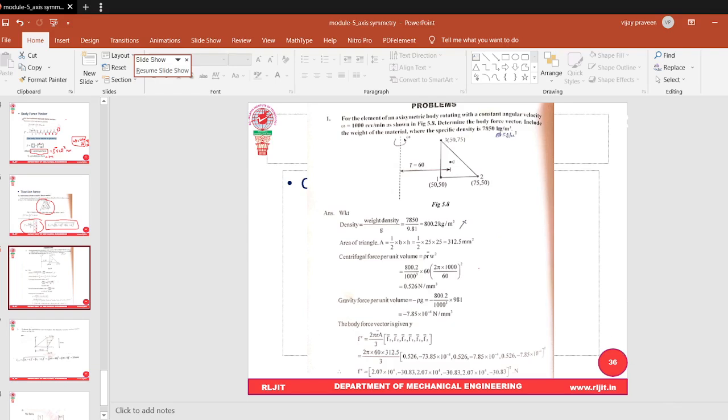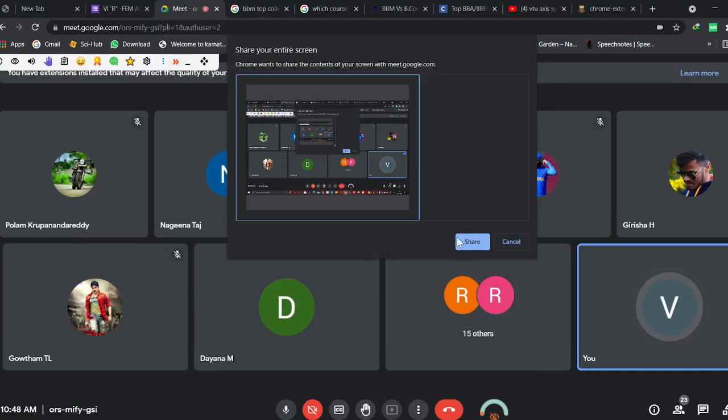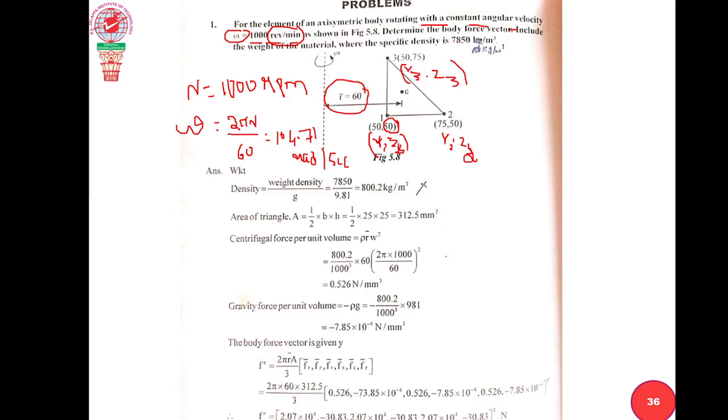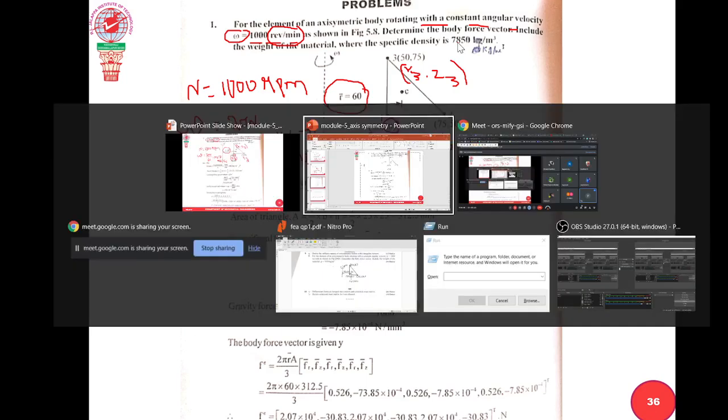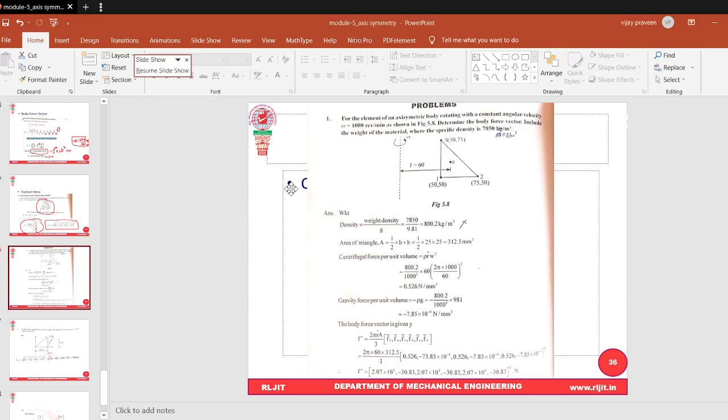Okay. Please make a correction that it is kg per meter cube. Now, what is the next step? You have written 7850 kg per meter cube for rho, they have given, correct? They already gave 7850, correct? Let it be that 7850. See, they are saying include the weight of the material, meaning it is total including the weight, so it becomes 7850. Next, what else did they give? Any other omega is over, that's all the data.